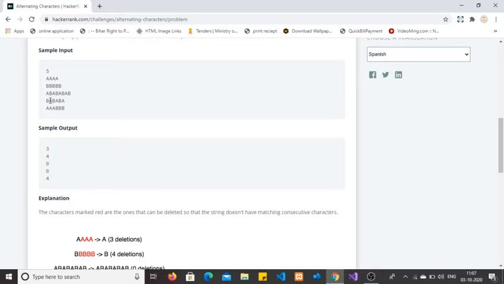Similarly, in BA, BA, BA, no adjacent character is the same, so no need to delete. In the last string, we need to delete these 2 and these 2, so the remaining characters will be A and B only. So we are removing 4 characters from this given string, so returning 4 for the last input.